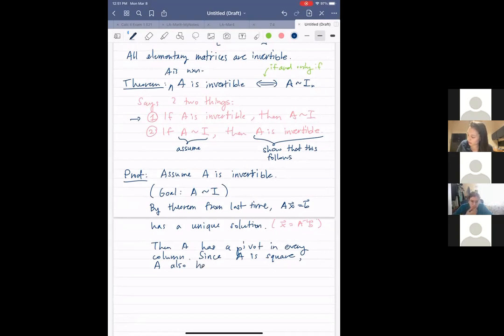A also has a pivot in every row. Okay, now A has a pivot in every row and every column, and this essentially means that A row reduces to the identity, right? Maybe I'll write this out in words. So this means, therefore,